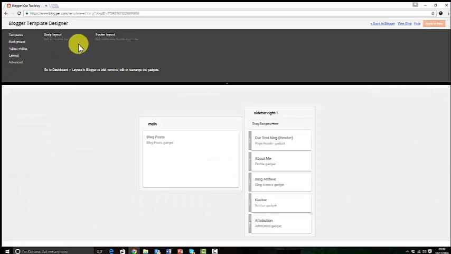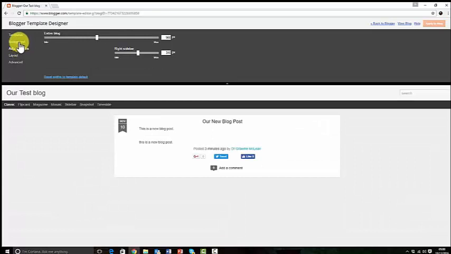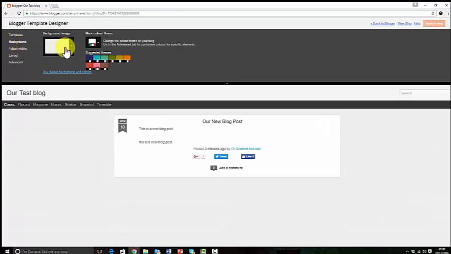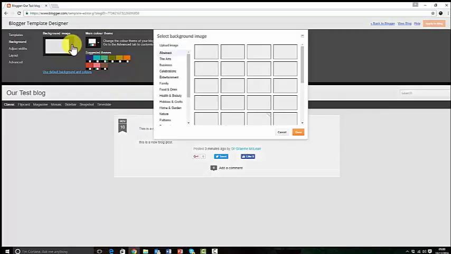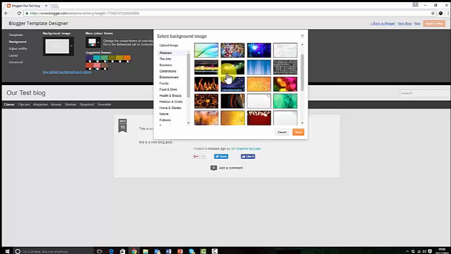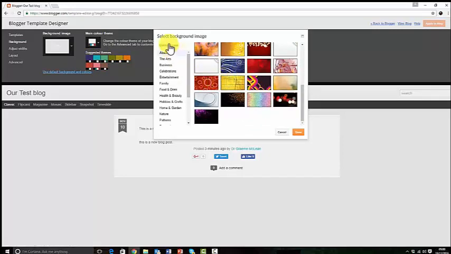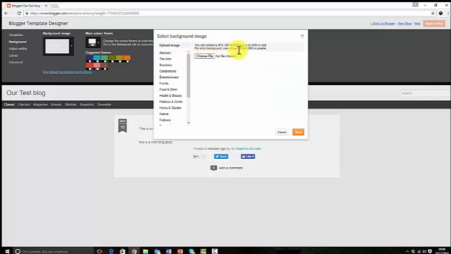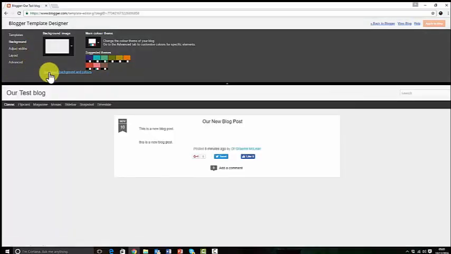Again, layout, you can normally change the layout, but it depends on the actual template that you're using. You don't really want to adjust the width of your blog. The background, again, you can change the background color, so you might decide that you want to change the colors here from the suggested themes, add a different type of background from each of these, or you can actually upload your own, and you need to make sure that you are uploading a template at the size of 1800 by 1600, and that's in pixels. So you need to make sure that you do adhere to that,